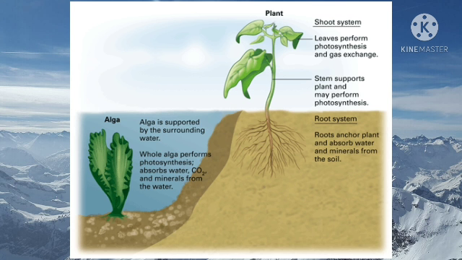Root hairs have very thin walls. If the roots did not have thin walls, they would not be able to absorb water, because if the wall is very thick, there will be difficulty in the entrance of water. So the root wall is very thin.